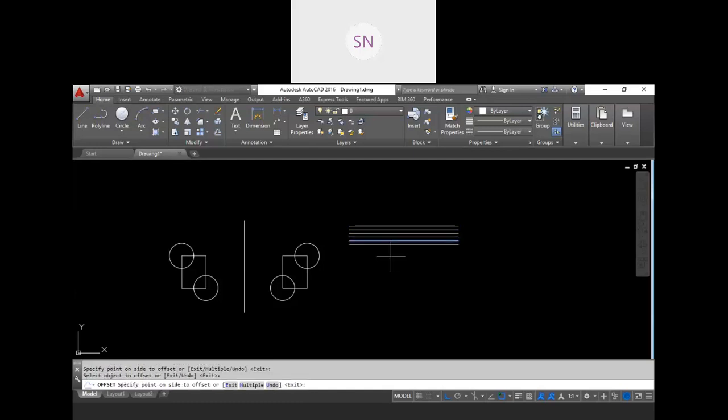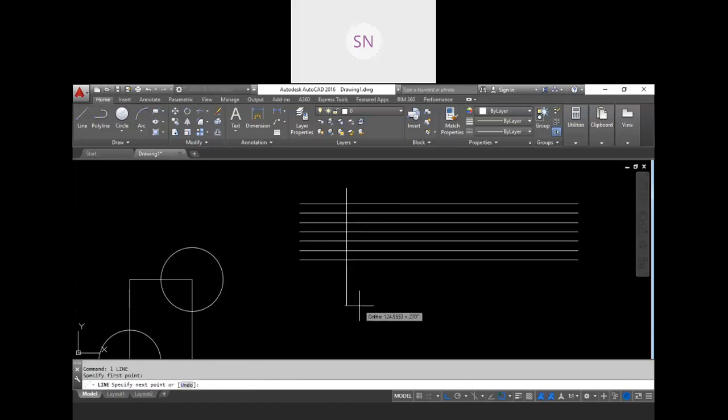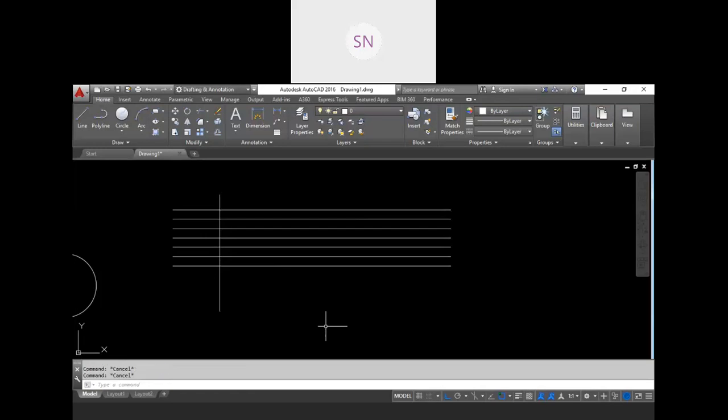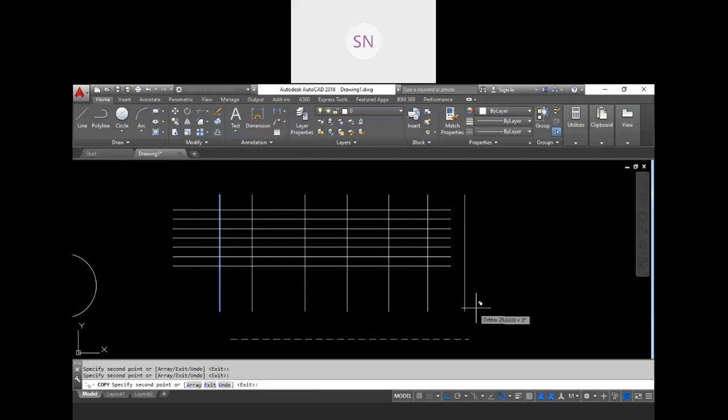So for example, we have some objects over here. So here we have some intersecting objects, right?